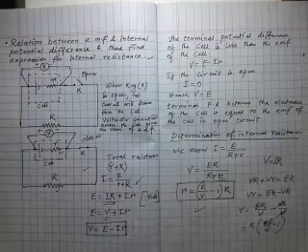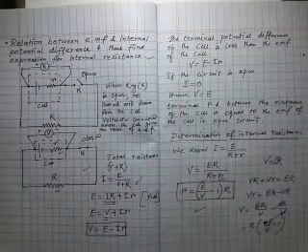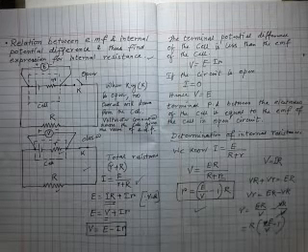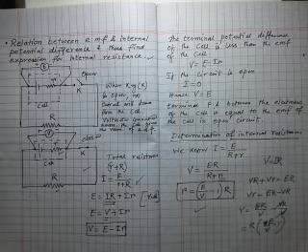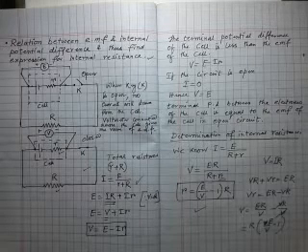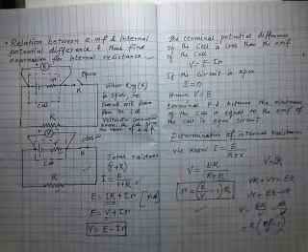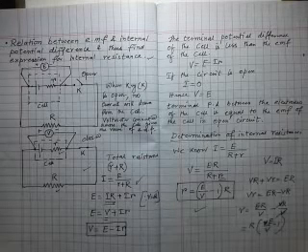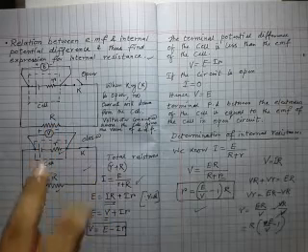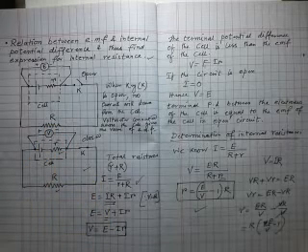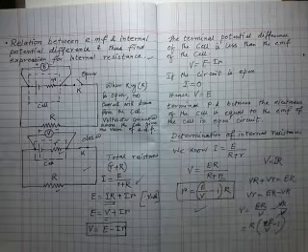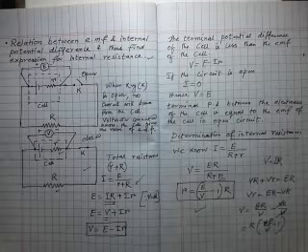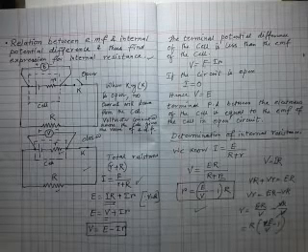So now what we learned here is what EMF is and what terminal potential difference is. I think you can also understand the comparison between the two things. The EMF is the difference of potential between the two terminals of the cell when no current is drawn from the cell. And the potential difference is the difference of potential between the two terminals of the cell when current is drawn from the cell, when the circuit is closed, and is called the terminal potential difference of the cell.